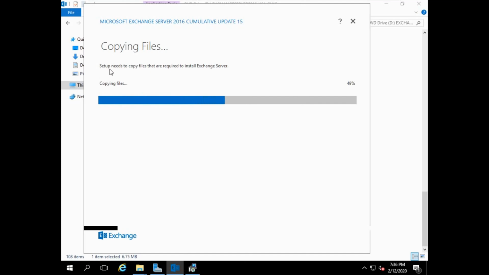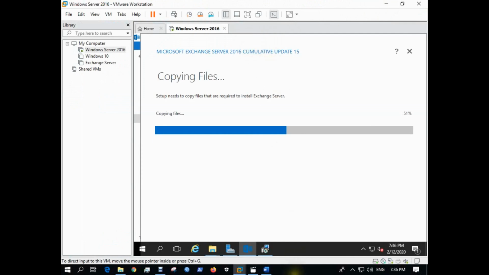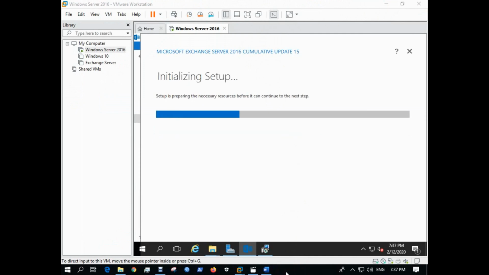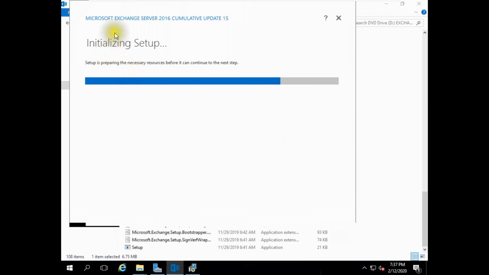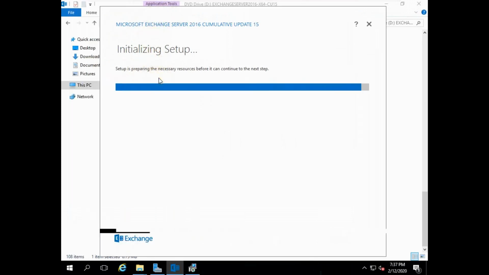Required files are copied to the system. Initializing setup. Setup is preparing the necessary resources before it can continue to the next step.